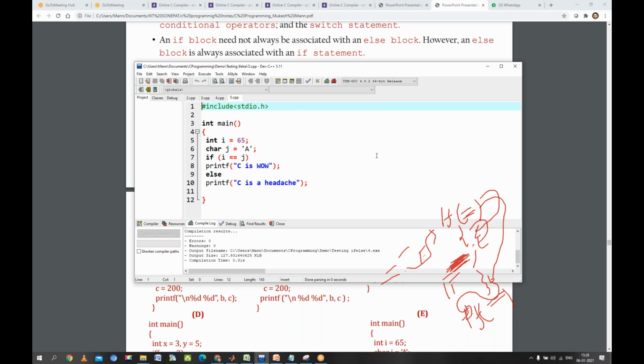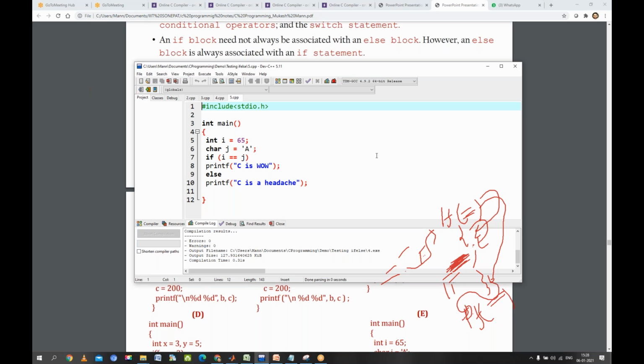C is wow. Excuse me, sir. Yes, beta. C is wow. Okay, Arjun, C is wow. Then others also. Yes sir, C is wow.